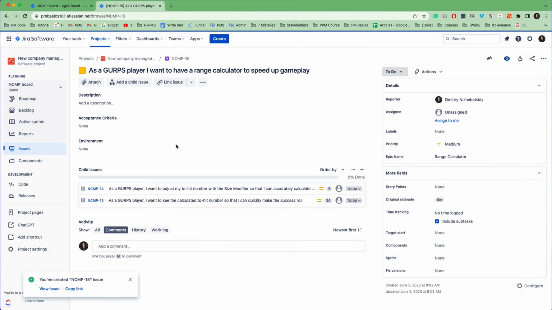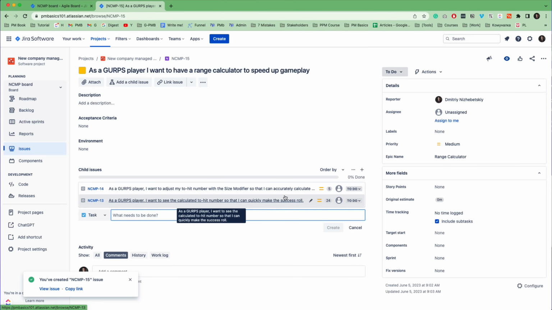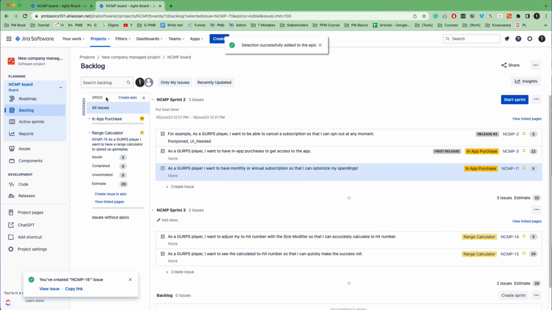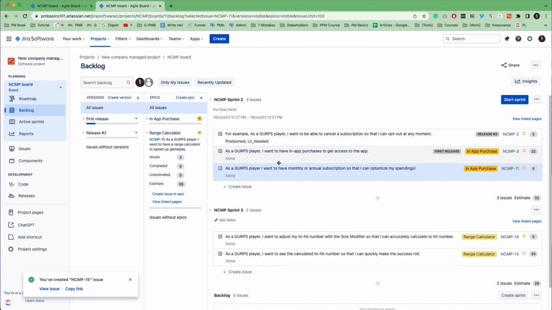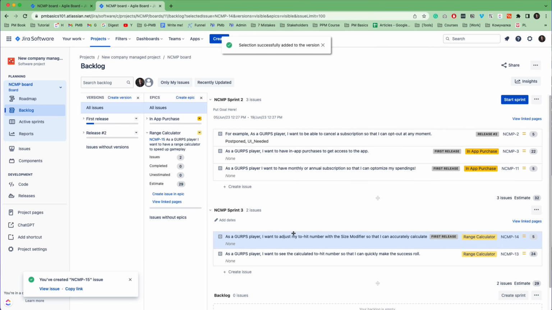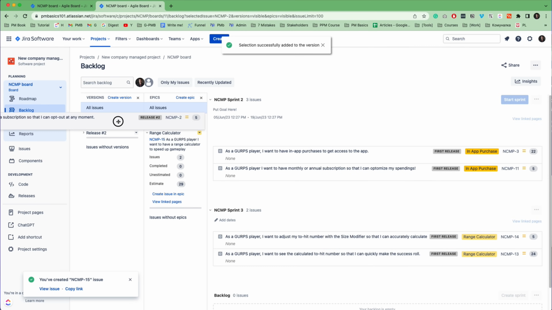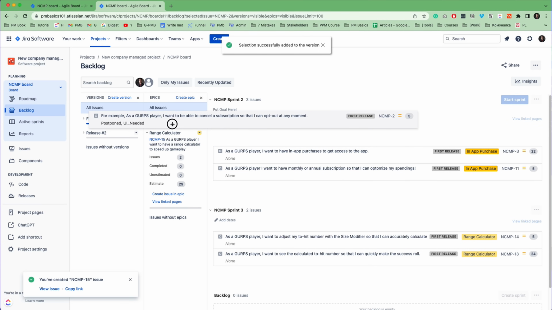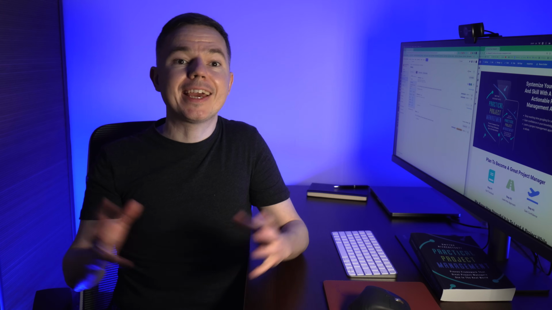Likewise, you can open an epic and start creating user stories right inside of it. The outcome is the same, your issues are linked now, and again, you can filter and group them in the backlog. By the way, in the same way you can organize releases. Create a release here. For example, we'll release everything that we will implement in sprints 1, 2, and 3. Then you can drag and drop the user stories to your release and they will link up automatically. Okay, congratulations!